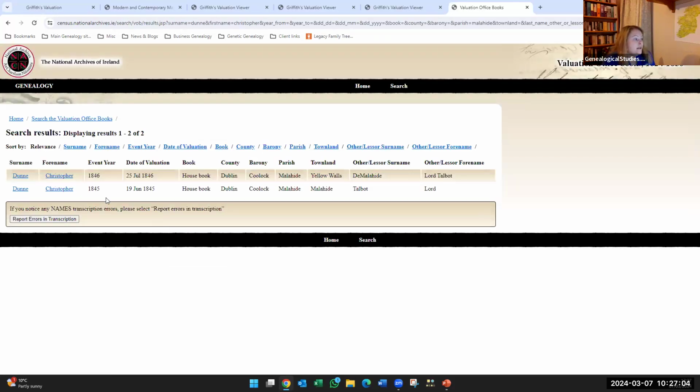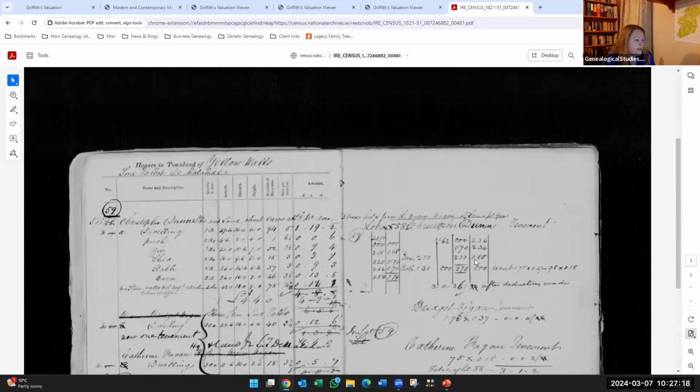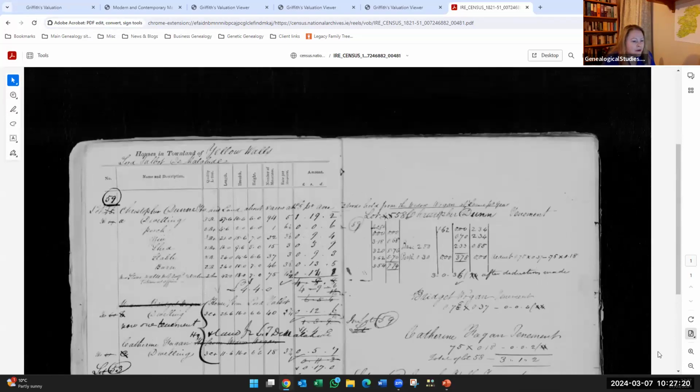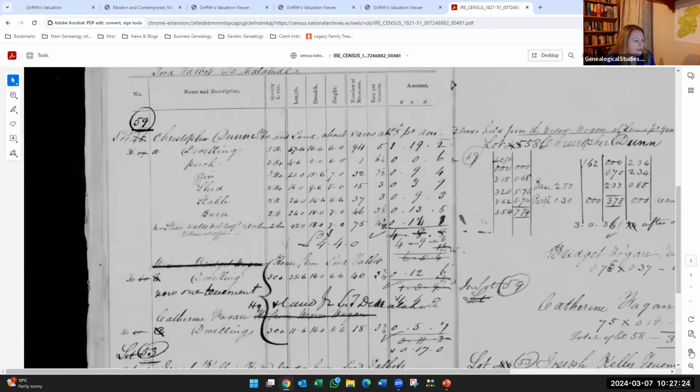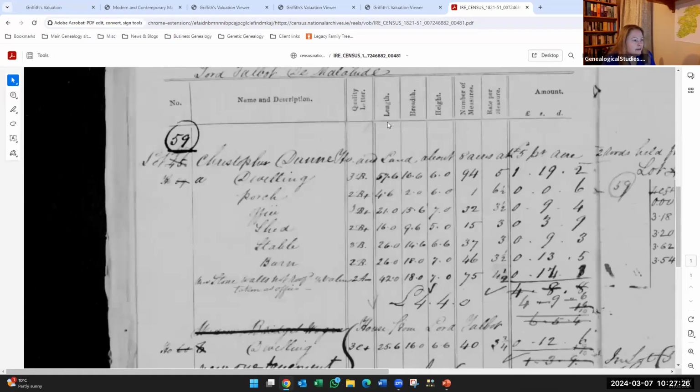And you can see here the value of this, because here's 4 years earlier, Christopher Dunn in Yellow Walls Townland. And so now I have 2 data points for Christopher Dunn. And when I load it up, we get a little bit more information on the preparatory work. And what I really like about this is you can see here their workings as the surveyors are going around.